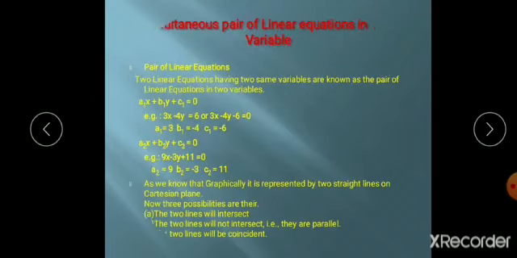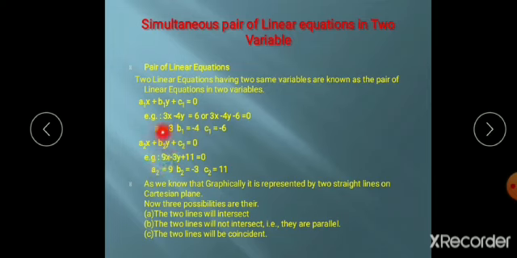Now in Class 10, we are going to see a pair of linear equations. You know the meaning of pair? Pair means two. There are two methods to solve them: one is the algebraic method, one is the graphical method. Before going to the graphical and algebraic methods, let me consider a1x plus b1y plus c1 as the first linear equation, and a2x plus b2y plus c2 as the second linear equation.